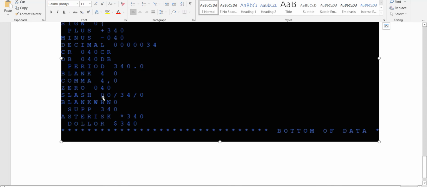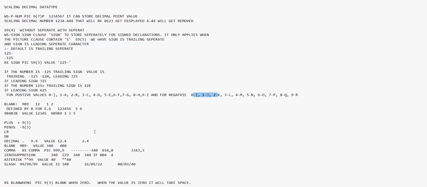If you have given some date, like here, okay, where is that? Here if you have given 16/5/2022, so 22, it will take. Generally, I told you, right, 8 bytes it will take. If you give 2 slashes, however many slashes you mention, that means the slash will take an extra byte. Okay,